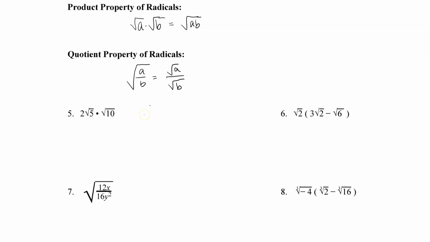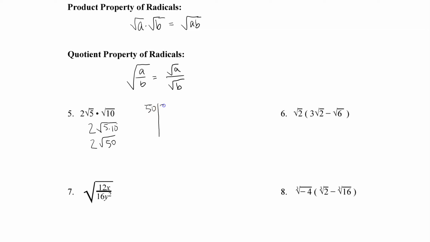Sorry, I'm having technical difficulties here. 2 times the square root of 5 times the square root of 10 would be 2 times the square root of 5 times 10, or 2 times the square root of 50. But we want to leave our answer in simplest radical form, so we take the square root of 50